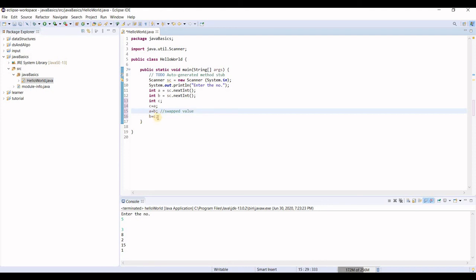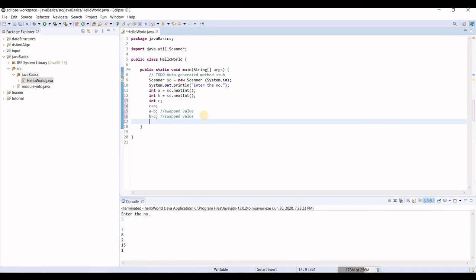And now since we have lost the value which was originally there in a, what will be assigned to b? So we stored the value of a in c. Now this becomes the swap value. That is, the original value of a was stored in c and now it is given to b.